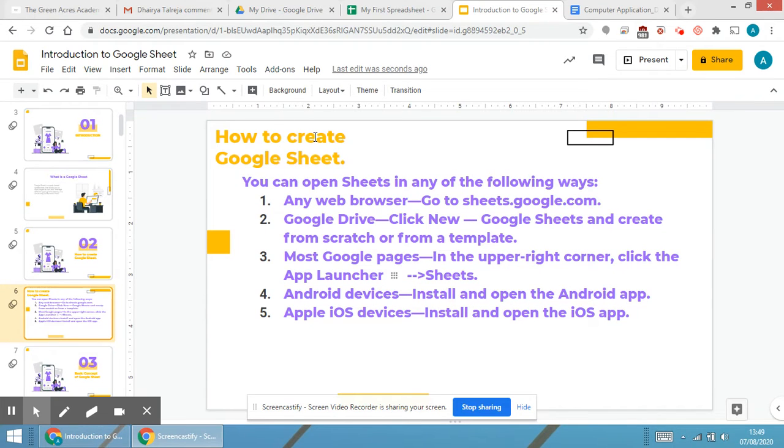How to create a Google Sheet. Now there are many ways to create a Google Sheet. The basic thing is that we need to open Google Sheets. Now the question is where Google Sheets is present. Since I'm using a computer or a laptop, in any web browser go to